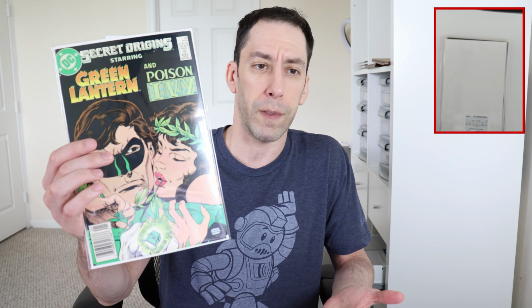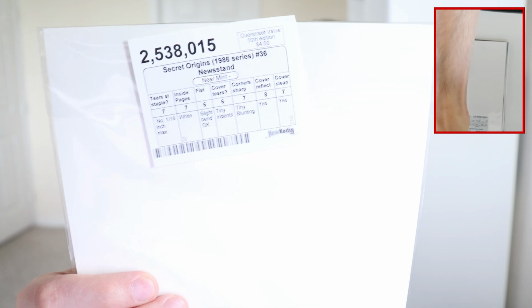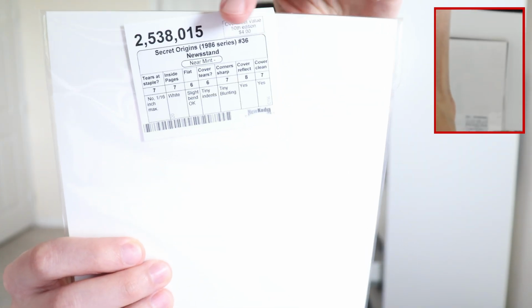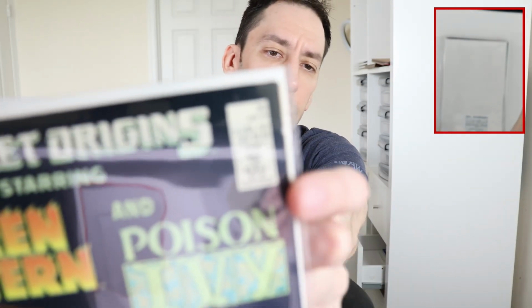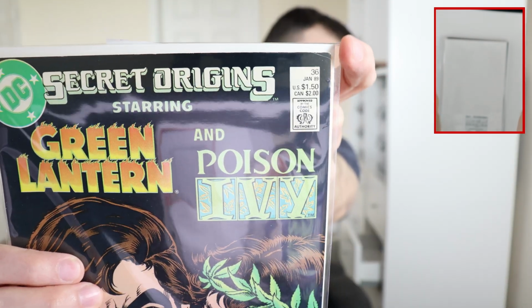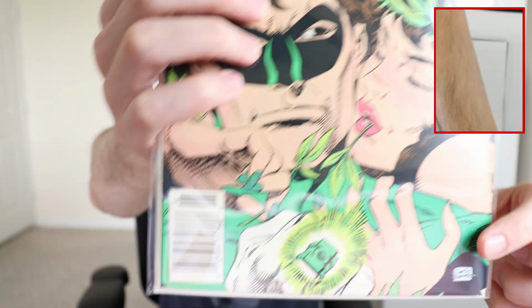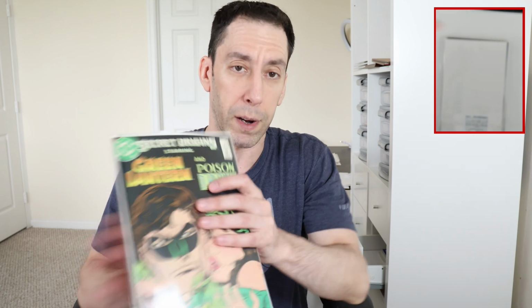The only key to this is that it's a Poison Ivy cover. So whatever. But if you look under sharp corners, 7 out of 8, tiny blunting. Well, number one, let's get it to focus. You've got creasing up here. You've got a nice big white color-breaking crease. Down at the bottom, we have a fold over, a dog ear. So that in and of itself is just, I don't even need to go any further. But if you want to,